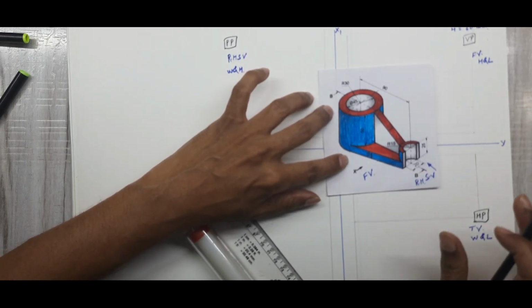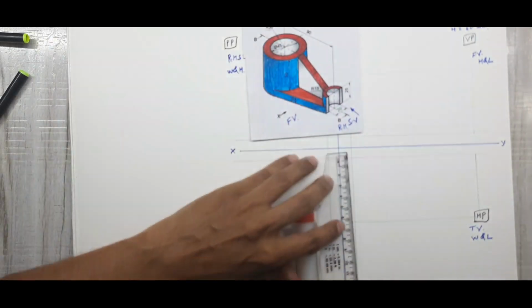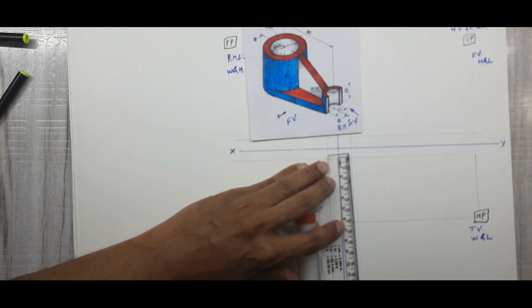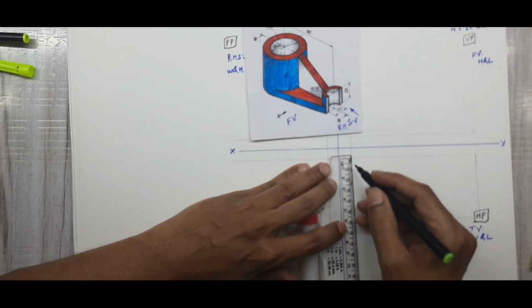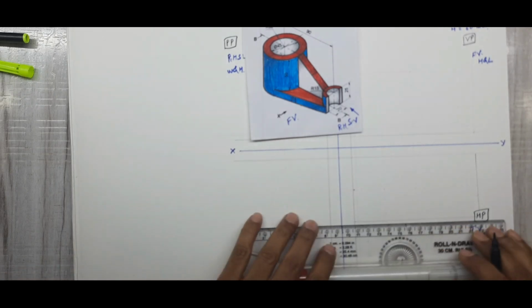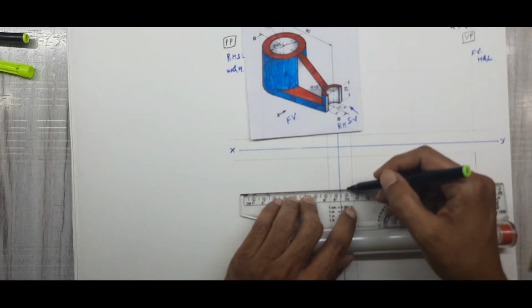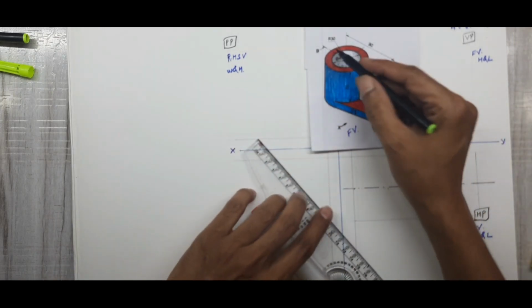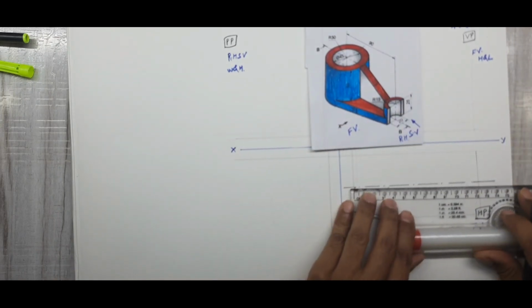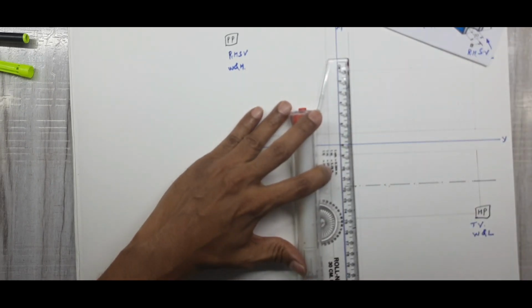So what I will do, my friend, I will draw the first two circles. For that, it is exactly at the center. So for more visibility, I will take a sketch pen so that you can easily observe what I am doing. So this is 60, mark a center. This is the center line I am marking. You know how much is the radius? 30. So I'll mark 30. So here also I'll draw the center line.